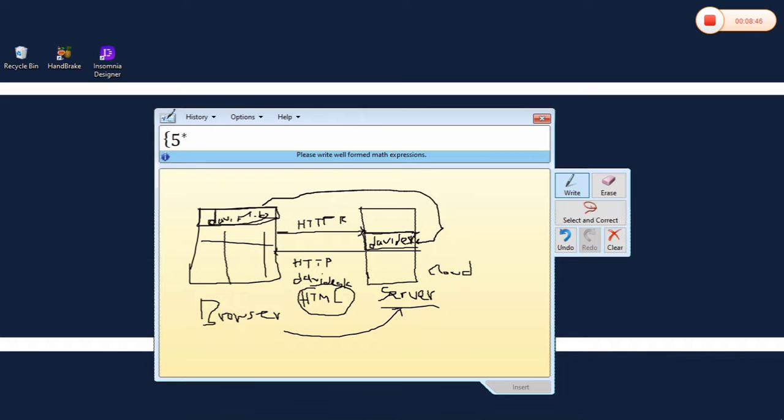So what this browser will do, as long as you are connected to the internet, this browser will make a request to the server holding the document of Davidesk. So it will request for the HTML documents, and the request will call it the HTTP requests. So once the server recognizes that yes, this is a valid user, the server will now send a response to the browser that requested for Davidesk documents. So it will send back a HTTP response